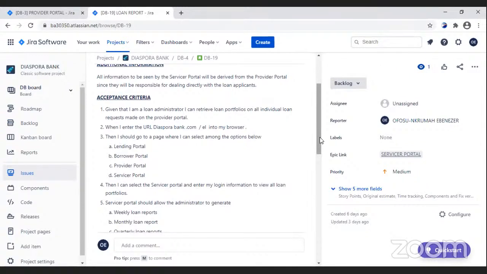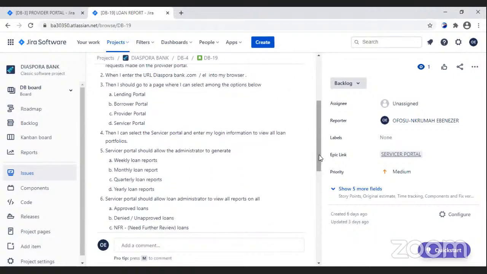When I enter the URL diasporabank.com/AL into my browser, then I should go to a page where I can select among the options below: lending portal, borrower portal, provider, servicer. So in this case, the loan administrator will select the servicer portal and then proceed to look at the loan reports. Here he should be able